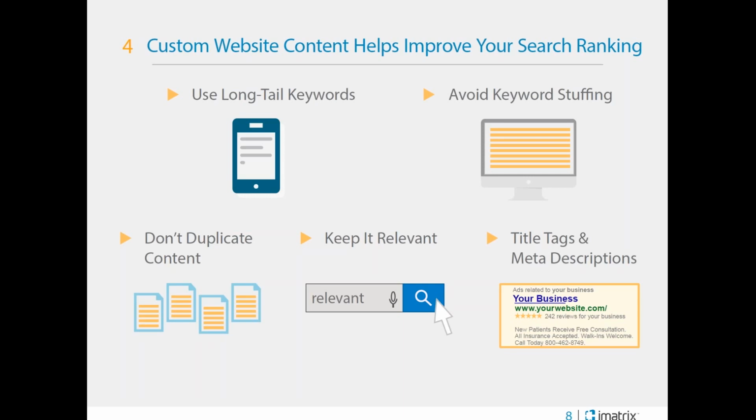A list of things you are asked to avoid. Automatically generated content. We don't want you copying and pasting from someone else as well. Participating in link schemes. It may sound like a good idea, but it is not. So no link schemes. Don't purchase backlinks.